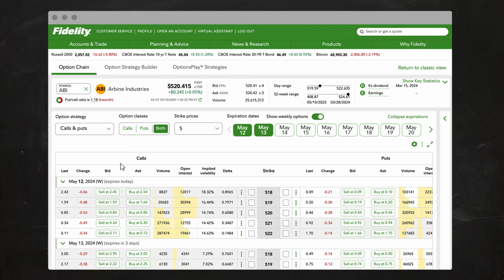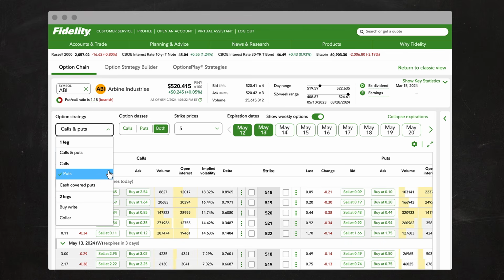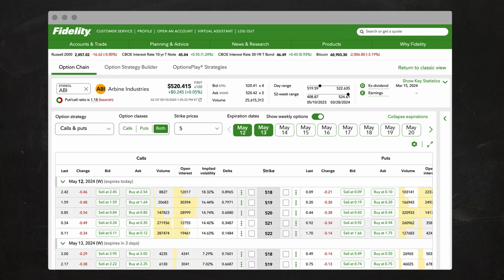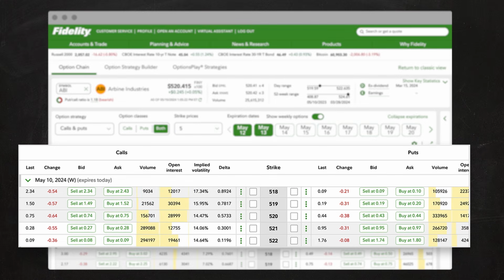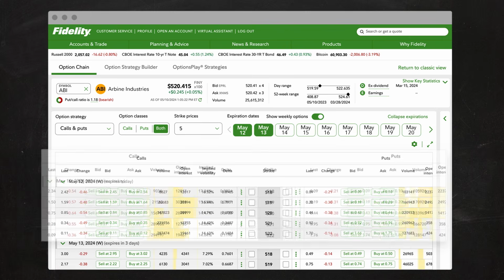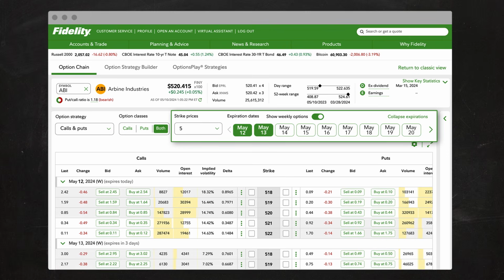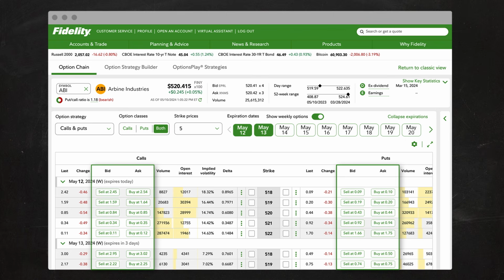You can use this tool to filter by calls or puts, and then look at the key details for each contract, including strike price, expiration date, and the premium. That can help you narrow down which contracts match your goals and outlook and to see their prices. Maybe you want to compare 2 or 3 contracts with different strike prices or different expirations and see how that affects the premiums. The option chain shows you all that information, so you'll know how much it would cost to buy an option or how much you'd receive for selling one.